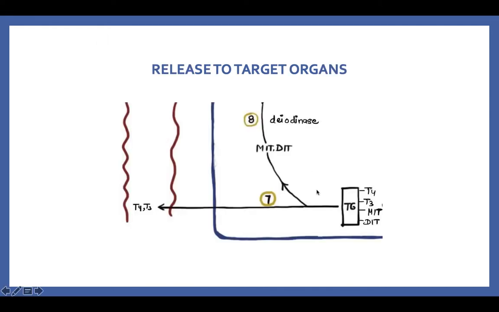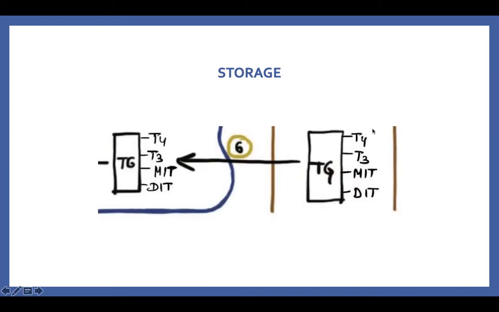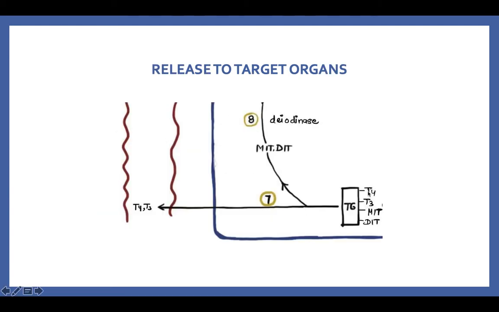So now when we discuss the release to the target organs, from the previous step, this molecule gets taken up through the process of endocytosis into the follicular epithelial cell. Once in the follicular epithelial cell, these endocytosed vesicles get fused with lysosomes. Now the lysosome contains proteolytic enzymes that help in cleaving this thyroglobulin which is attached to these molecules. So once it's cleaved, T3, T4 become free, MIT, DIT become free as well. T3 and T4 can move across from the follicular epithelial cell back into the blood through the MCT8 transporter.